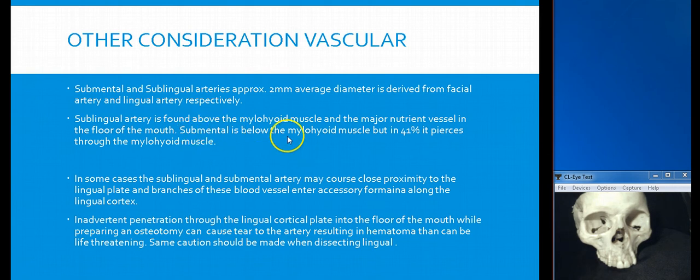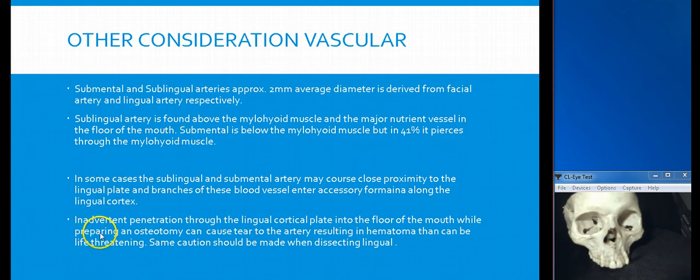So the submental is below the mylohyoid about 40% of the time. And like I said, it pierces through the mylohyoid. So again, even though I'm telling you it's above or below, just be careful because they do pierce through. But in some cases, the sublingual and submental artery may course